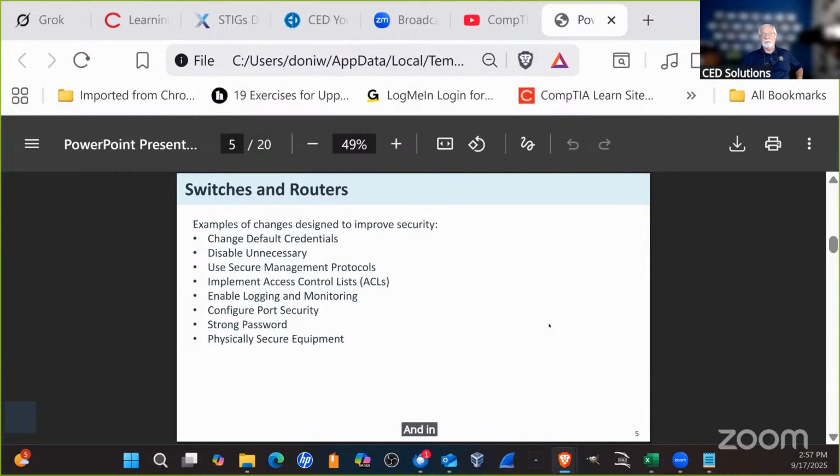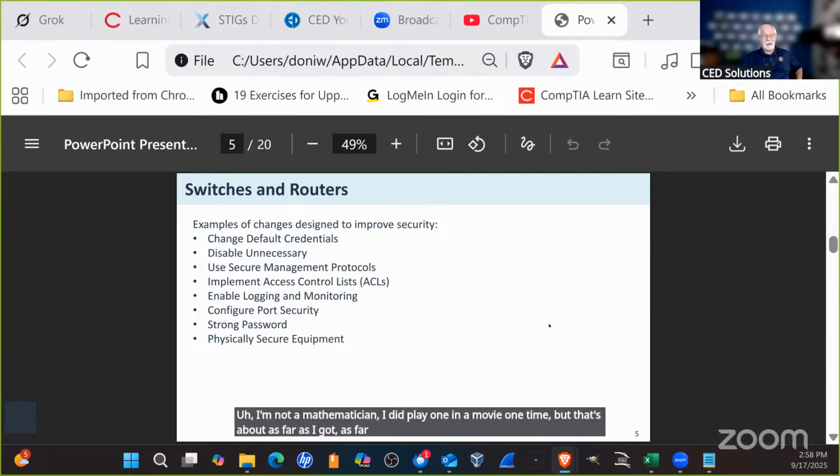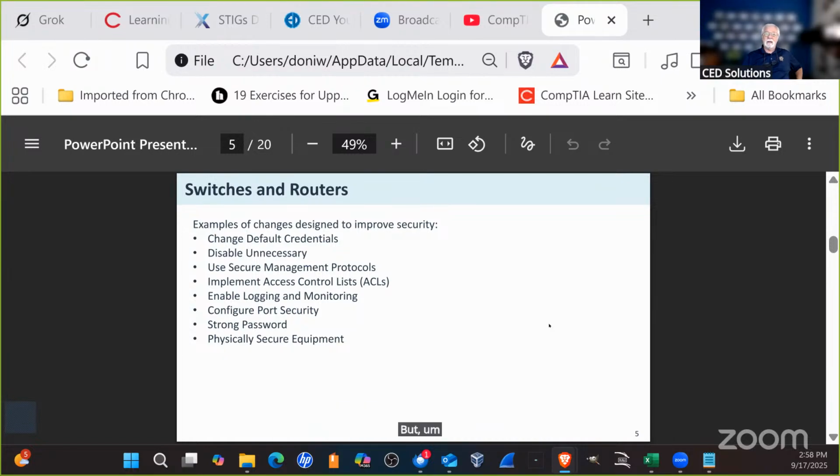And in that 128-bit footprint, that accommodates a total of, and I love this, a numeric term I never heard of before. It's called 300 undecillion. I'm not a mathematician. I did play one in a movie one time, but that's about as far as I got as far as mathematics. But in that range, it will accommodate some 300 trillion